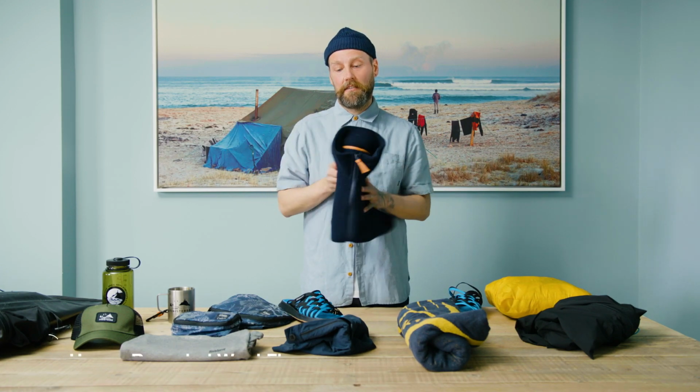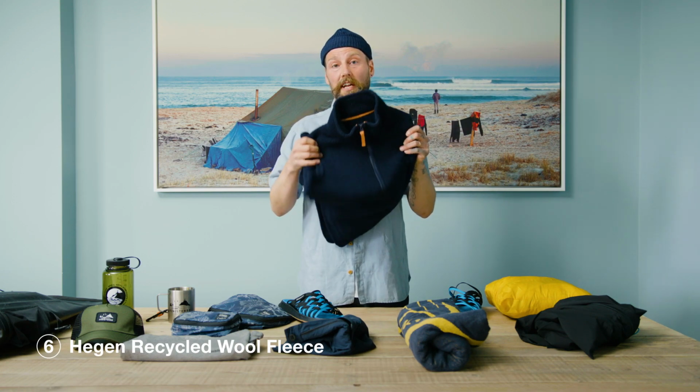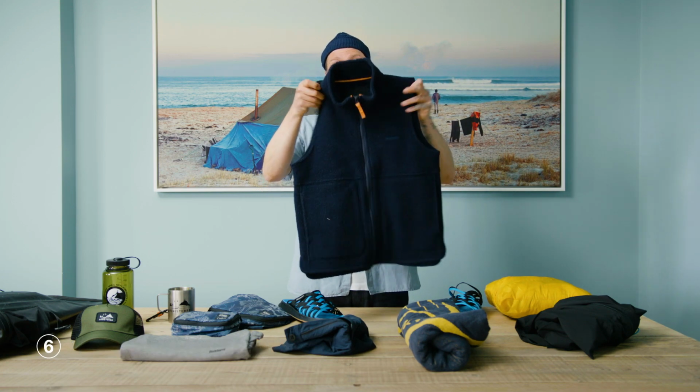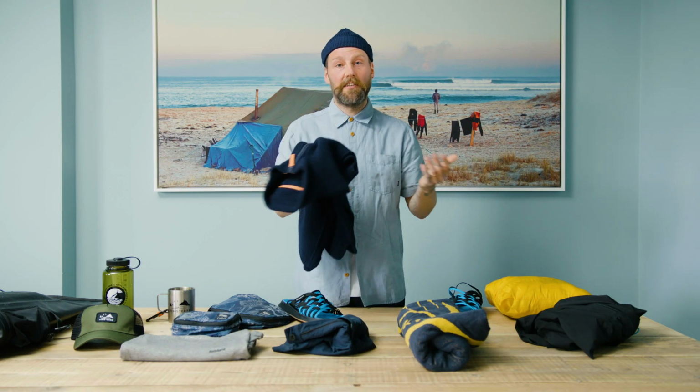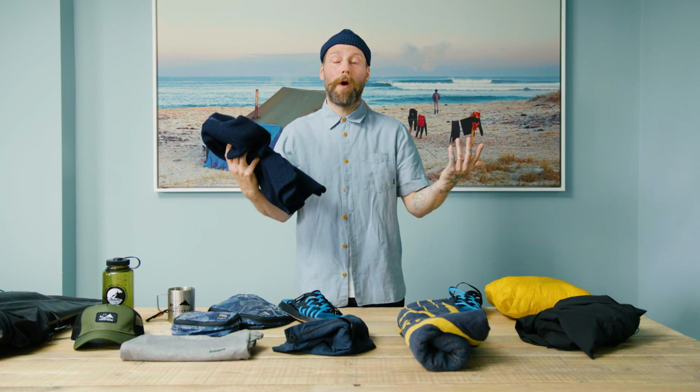a fleece piece. This one here is actually recycled wool. Really great piece in the range. But yeah, just something I can just pull out of the bag at any given moment and just whack on